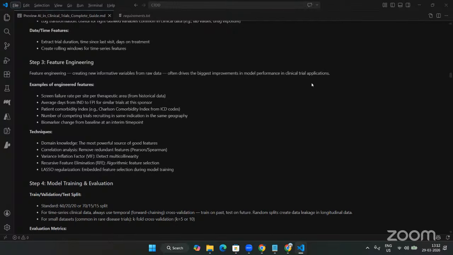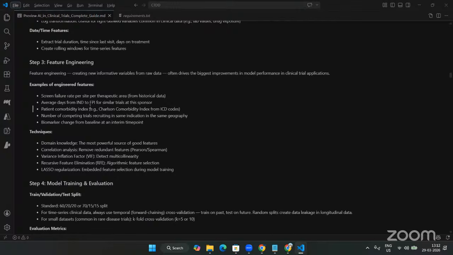It often delivers the biggest improvements in model performance in clinical trial applications. Examples of engineered features: screen failure rate per site per therapeutic area from historical data, average days from IND to FPI for similar trials